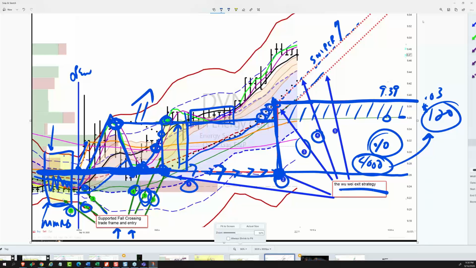So this is the sniper exit. Or if I decide to accelerate, that would also be the sniper. But the sniper starts off grounded in the PSAR, and then the manager exit is simply, I'm just projecting the Bollinger Band mean. If this thing takes off, then that Bollinger Band mean and the PSAR would accelerate. But that just shows you the difference in the projections between the sniper and the manager.